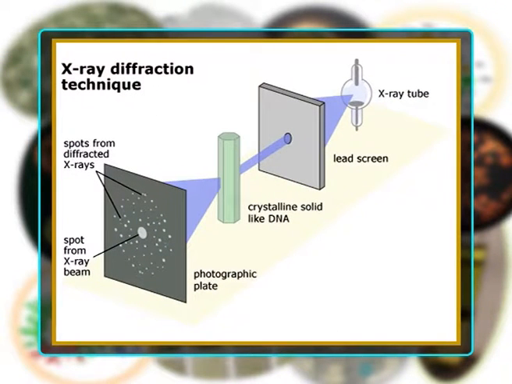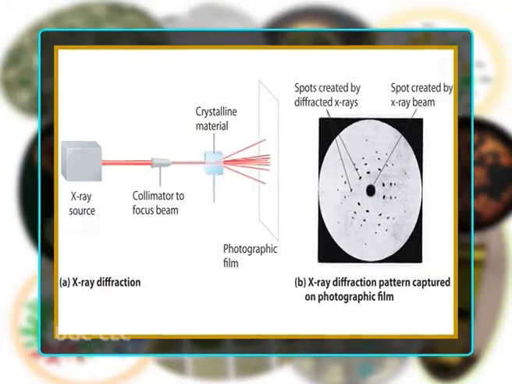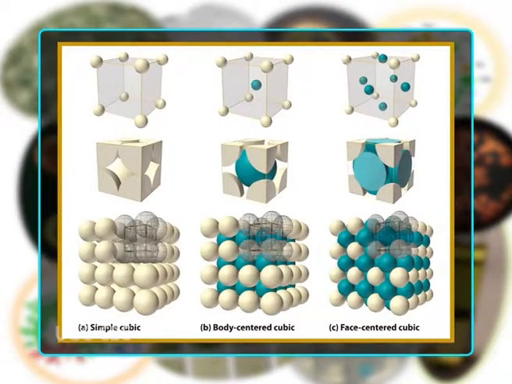X-ray diffraction is a tool used for identifying the atomic and molecular structure of a crystal, in which crystalline atoms cause a beam of incident X-rays to diffract into many specific directions. When a beam of X-rays illuminates a single crystal, many spots are generated. The positions of the spots are determined by the size and shape of the unit cell and the symmetry. The intensities of the spots are determined by the arrangement of the atoms within the crystal.